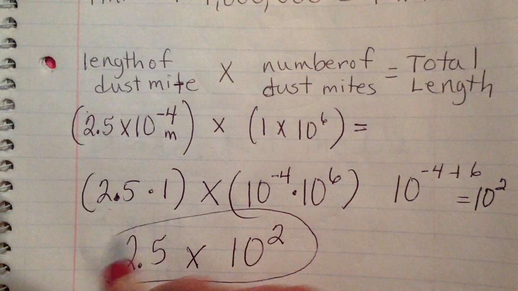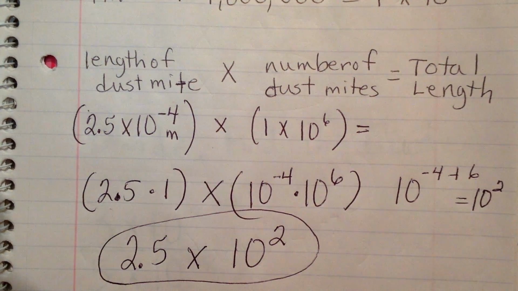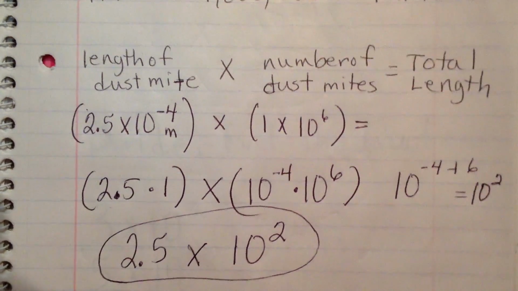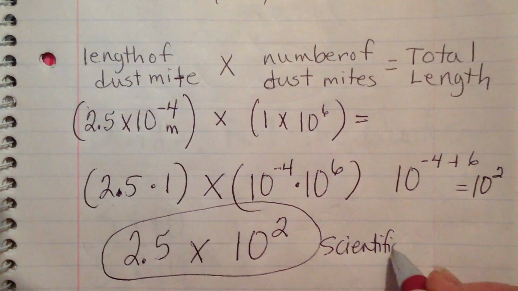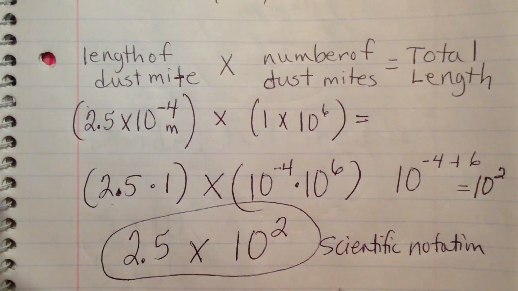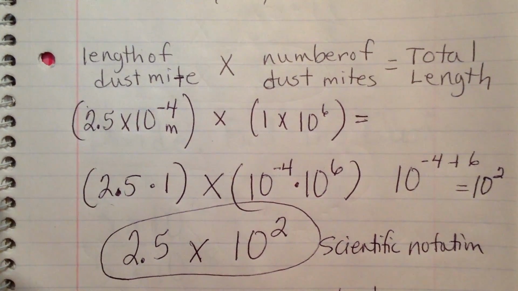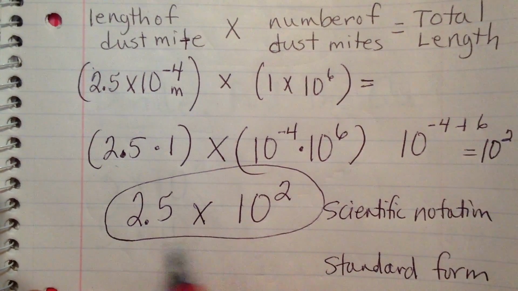This number is in scientific notation. So this would be the length of the line of dust mites, 2.5 times 10 squared. Now that's if you leave your answer in scientific notation. What if you were asked to leave your answer in standard form? Well,